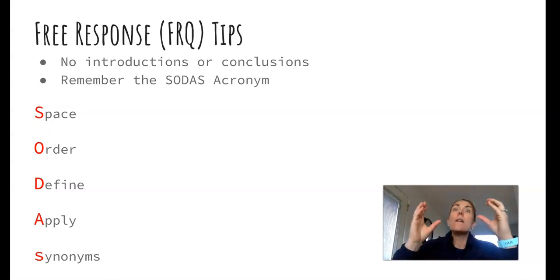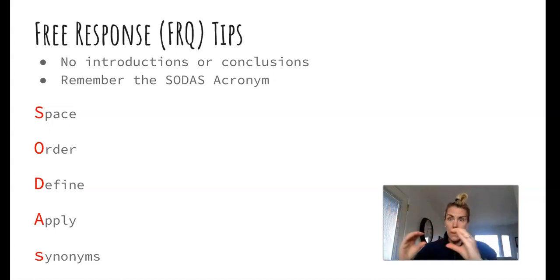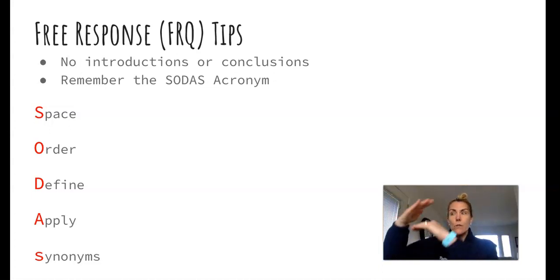So if the first FRQ is 7 terms, you should have 7 little paragraphs with a couple spaces in between that. And what's going to be really helpful for you during the test is, if you have 7 different little things and you leave some space in between those, then you can go back and fill in, you know, observational learning and add in what you need to. But if there's no spaces between them, then there's not any room to go back and add little